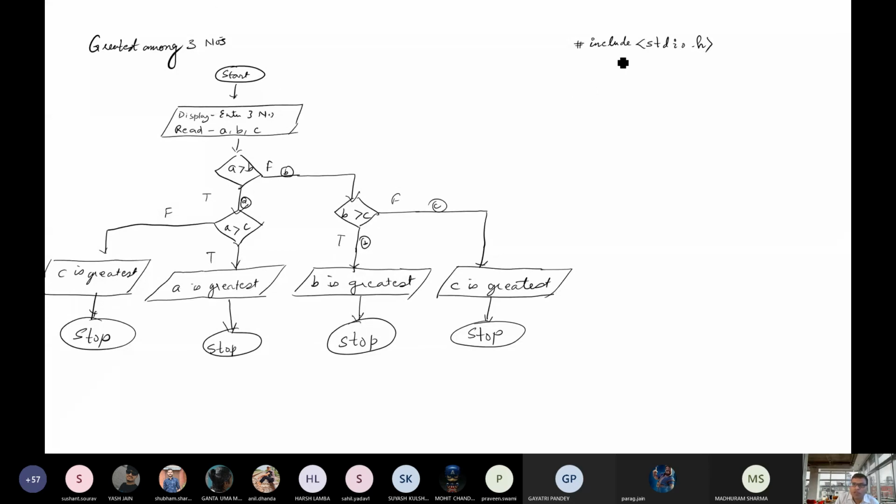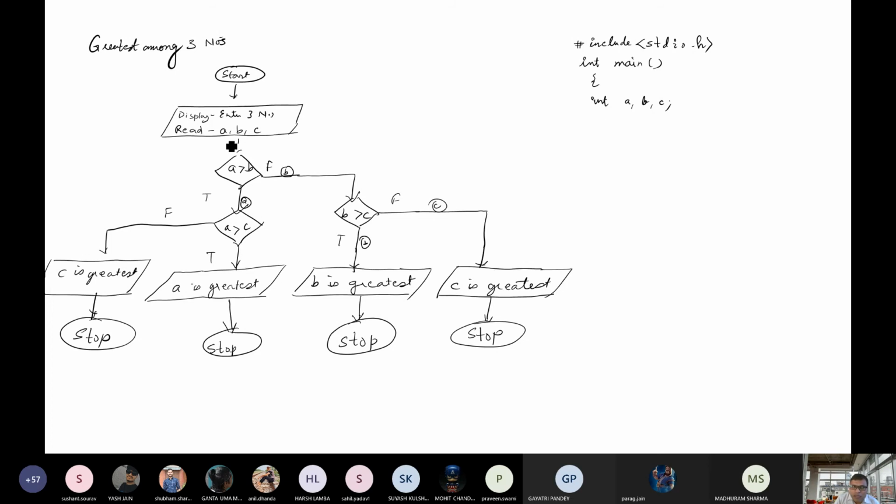Now for start I am writing int main and then a left curly brace. Now we need to take input of 3 numbers, so int A, B and C.